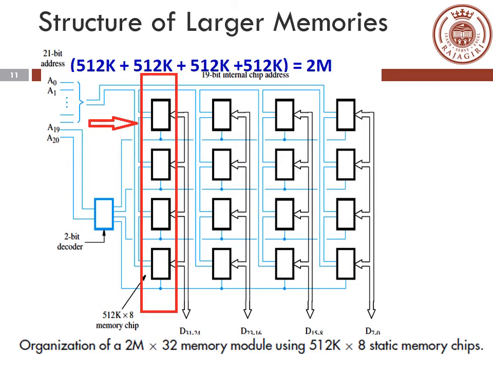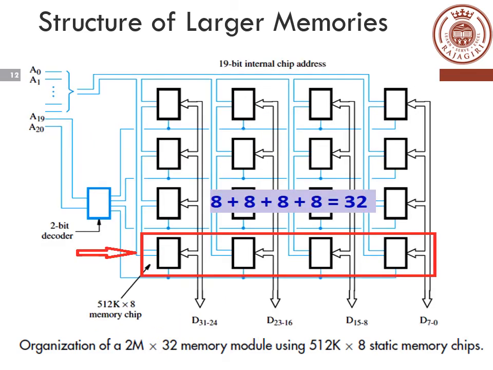Now, as I said, our requirement is to make a memory of 2 mega locations, and what we have right now is small blocks of size 512K locations. So we will arrange the blocks in such a way that you are going to have 4 blocks. So 512K plus 512K plus 512K plus 512K, altogether you can have 2 mega. That means 2 mega addresses or locations. So we have made 2 mega locations by arranging the memory blocks.